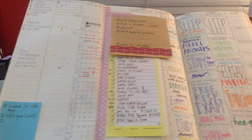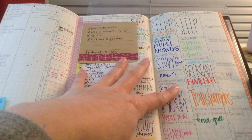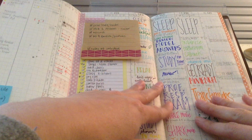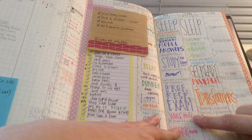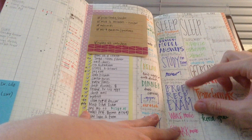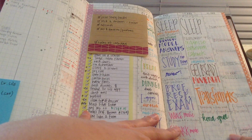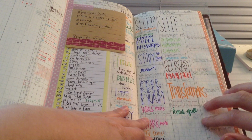like a chart, like DIY fish. And then here in the center, it's kind of hard to see with all these sticky notes, I was using creative writing, and I wouldn't call it calligraphy, but just different kinds of font to write what I was doing within those times. So I had a professional responsibility exam during this block of time, so I used larger letters to kind of fill it in, and then here I did a little cursive, and then same down here I had a little bit of different handwriting